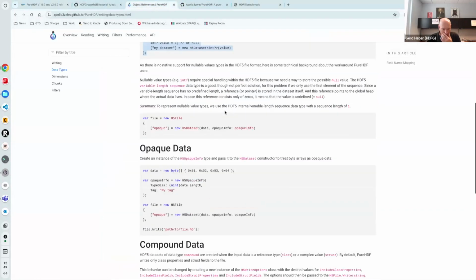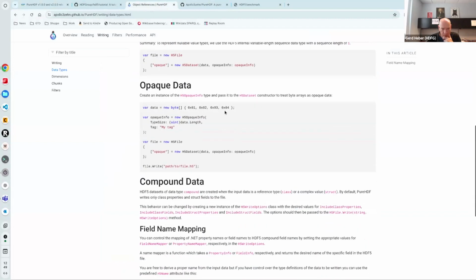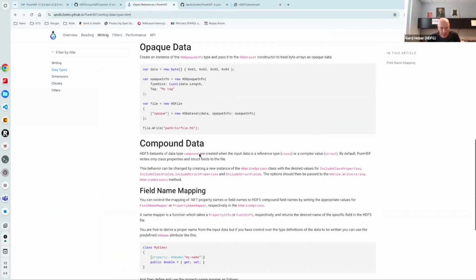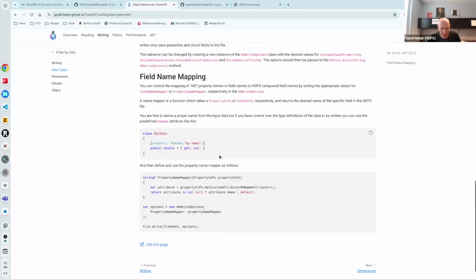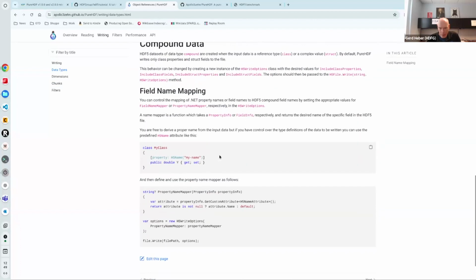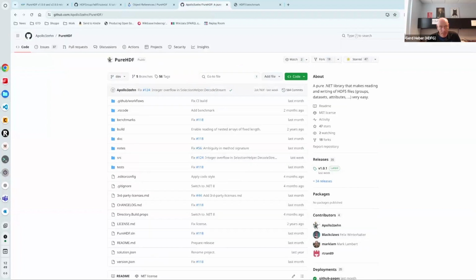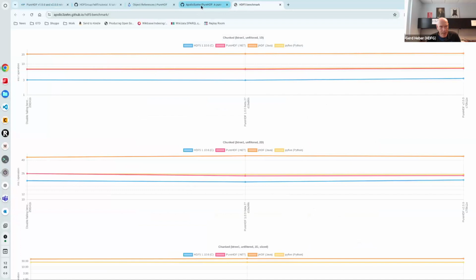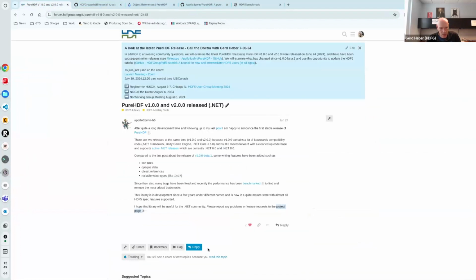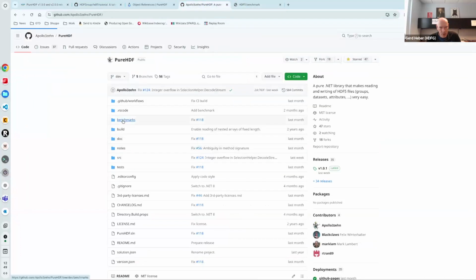Let's see, and then yeah, opaque data. That's fine. Fixed length, and then simplifying field mapping. All good. Now I have another workspace prepared, but before I go there, I want to point out that in this workspace, he did quite a few benchmarks, and he mentions this also in his blog post, that there is a benchmark